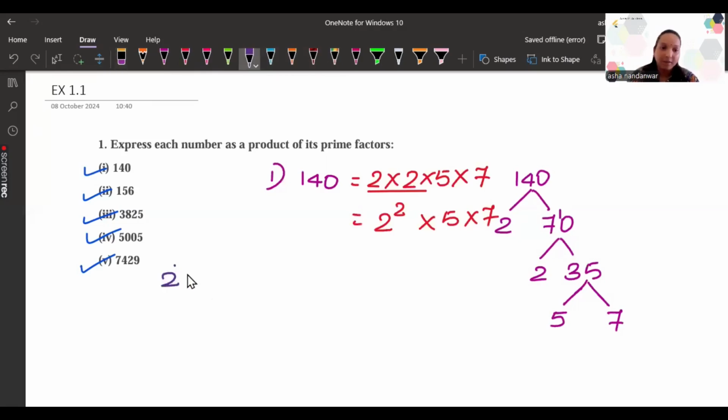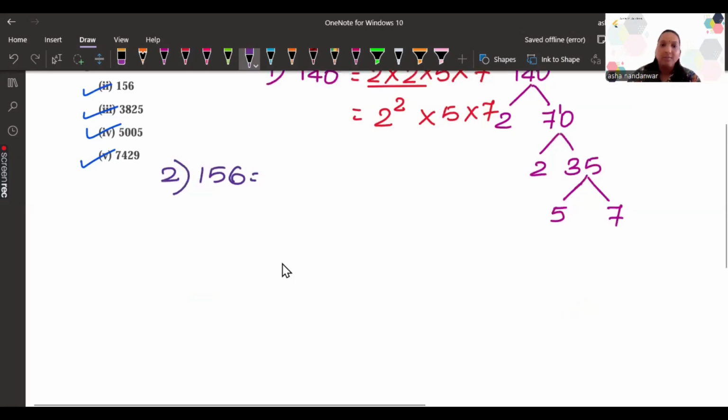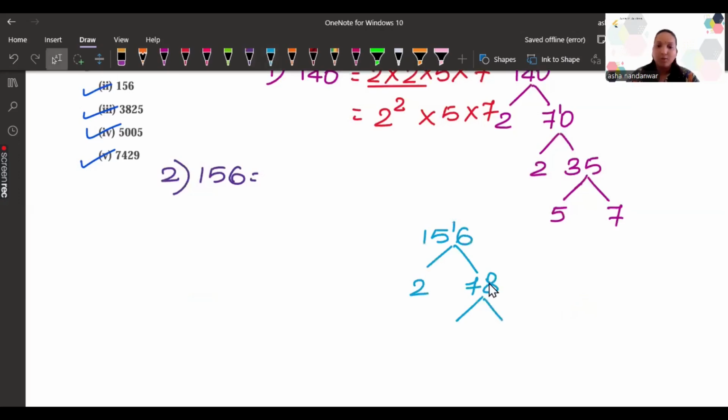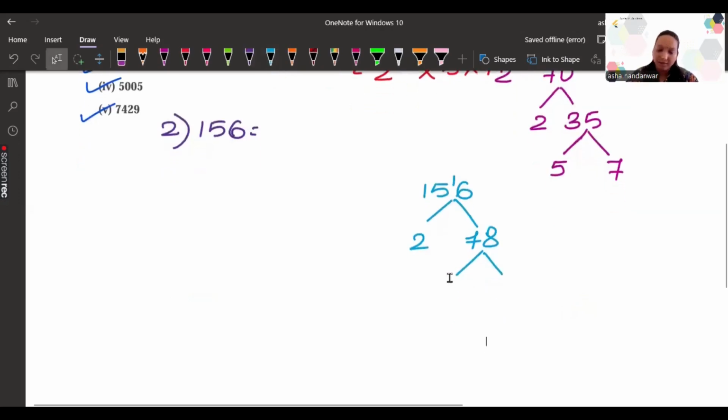Let us take the next question, question number 2, which is 156. Now by taking the LCM of 156, we will get the product of its prime factors. So let's get started. Again, we will take the number 156. We will start with the smallest prime number, which is 2. 2 ones are 2, 2 fives are 10, 2 sixes are 12... Do you think it will go in 2's table again? Definitely yes. So we will do 2 threes are 6, 2 nines are 18, 39.